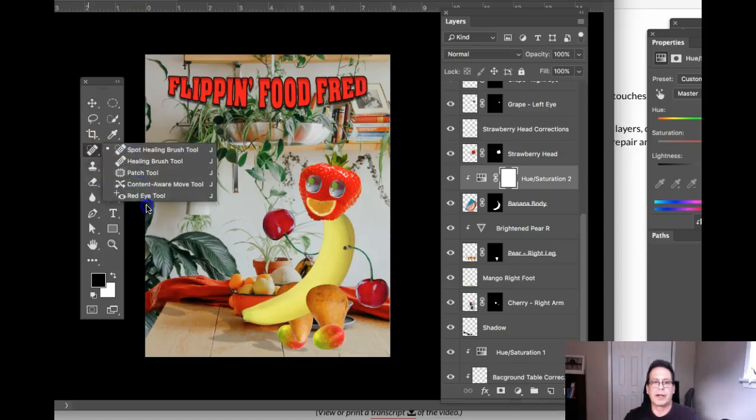Okay, and don't forget you've got all of these tools at your disposal. So please don't just stick with one. I'm just going to stick with one for the purpose of this demonstration, but please show some variety in your work. All right, so I'm in this layer. I want to come over here and I want to remove this reflection